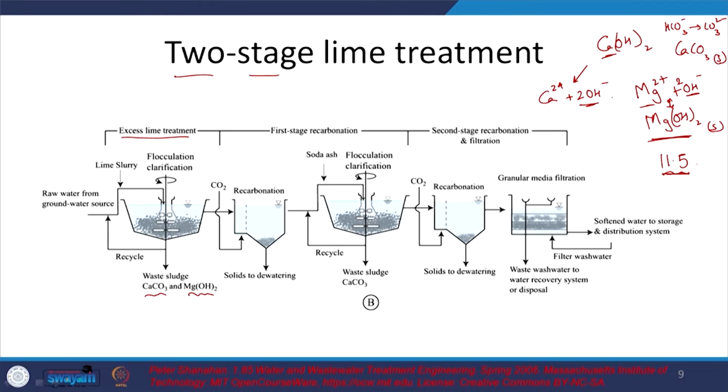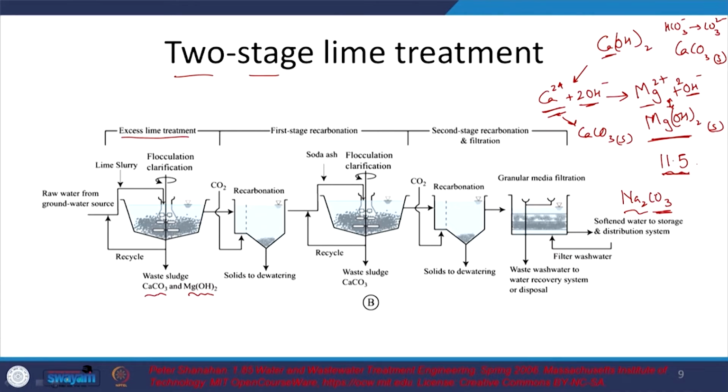So, 2 OH⁻ was consumed by magnesium, but I added calcium. If there is not enough carbonate in the system, I need to add carbonate, so that this Ca²⁺ will again precipitate as CaCO3, the solid. So, two ways to add carbonate: one is adding soda ash, let us say, Na2CO3, as the source of CO3²⁻. But again, Na⁺, you do not want to increase the TDS